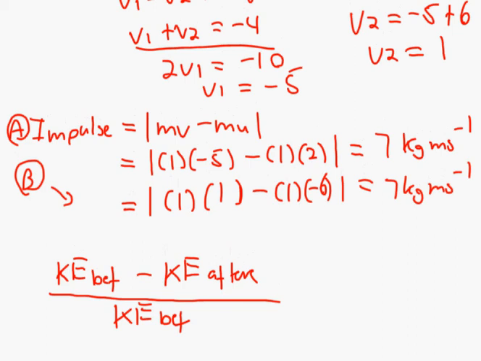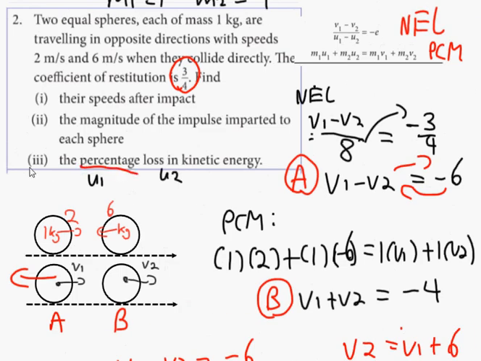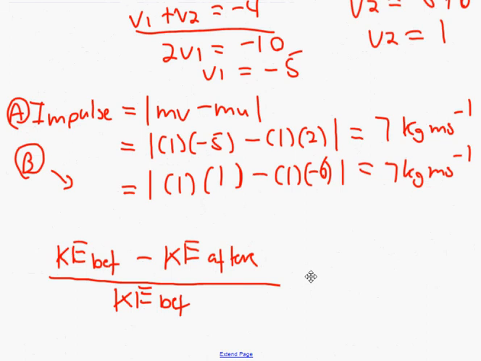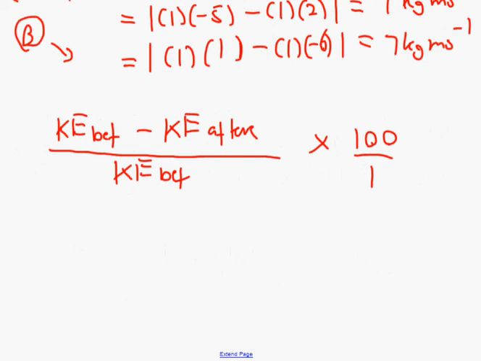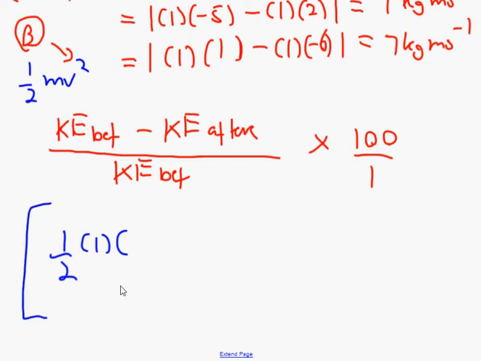And does it say percentage? So what does that mean at the end? Times 100 over 1. Okay? So just even putting down that formula just sets everything off. So kinetic energy before is a half, it's all a half mv squared, but we have to find out what the mass is. So a half 1. What was your velocity before? Now there were 2 different parts, weren't there? Each one had 2 different parts. So what we'll do is we'll just compartmentalize it and do each part individually, just to make things a bit easier. So K before